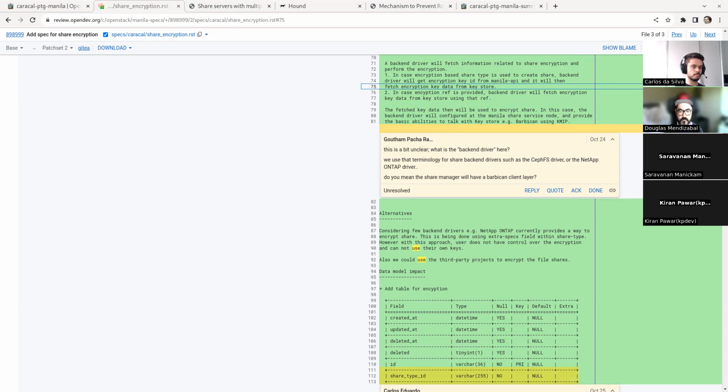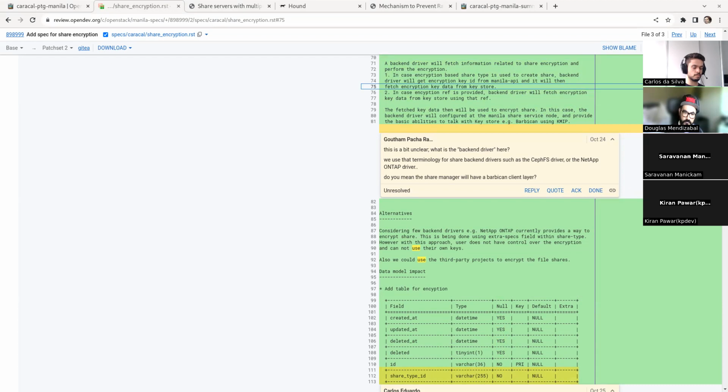So here I'm not assuming the backend driver is the ONTAP implementation, but the actual ONTAP API. There will be an ONTAP API with a function which accepts this encryption key ID, and